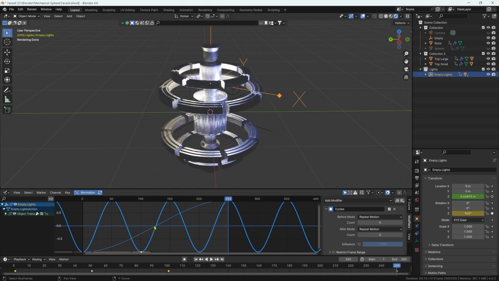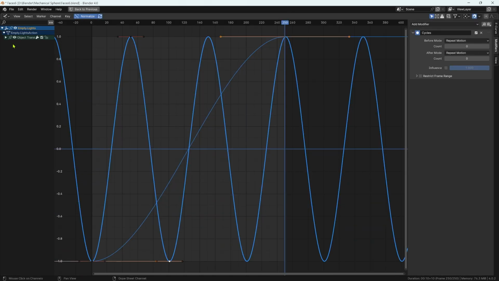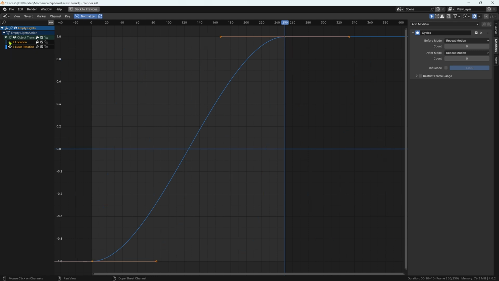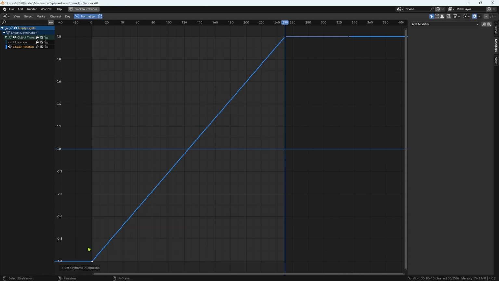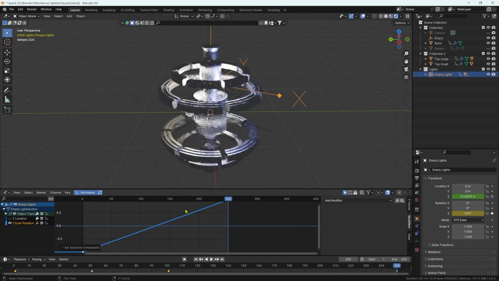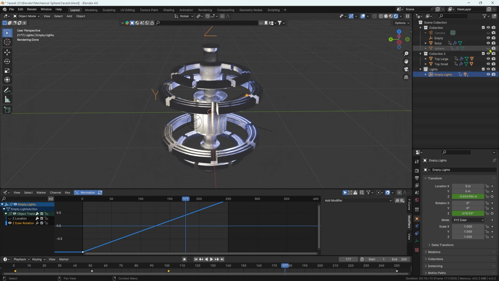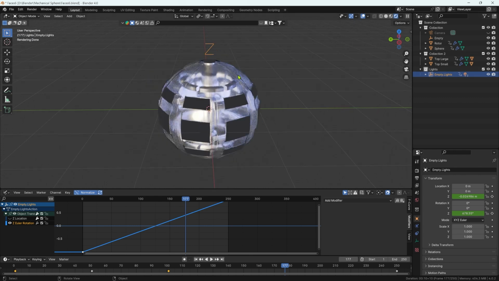And again, we need to come into the graph editor. Now we've got two sets of keyframes for the same object here. So let's open up this menu here. The location we've already done, so let's hide that by clicking on its eye there. So now we're just left with the Z rotation. And again, click on the first keyframe there, T to bring up our interpolation menu, and let's select linear. And we're done. And we can turn the sphere back on again, and we've animated all the elements that we